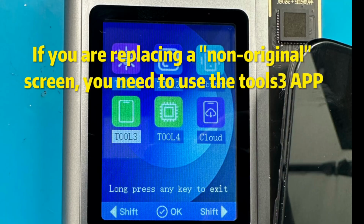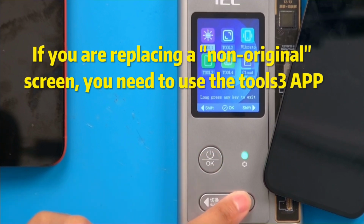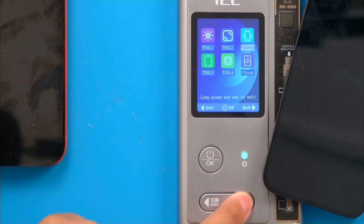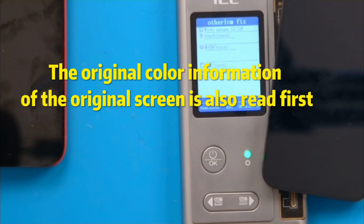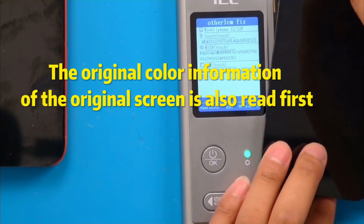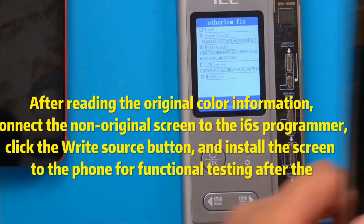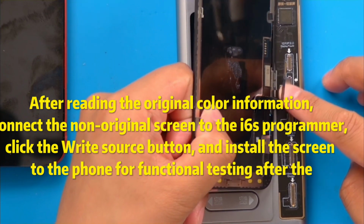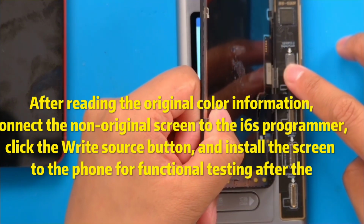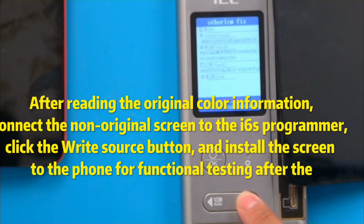If you are replacing a non-original screen, you need to use the Tools 3 app. The original color information of the original screen is also read first. After reading the original color information, connect the non-original screen to the ISIX S programmer, click the write source button, and install the screen to the phone for functional testing after the